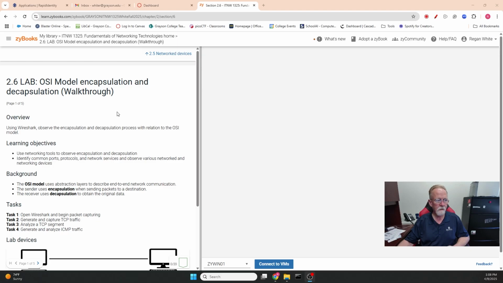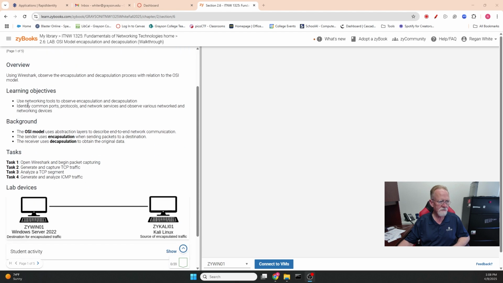All right, so here we are, 2.6 lab. This is the OSI model. This is a walkthrough of encapsulation, decapsulation in the OSI model. So the overview using Wireshark, we're going to look at encapsulation and decapsulation with relation to the OSI model. The objectives, we want to learn to use networking tools to observe that. That would be Wireshark. We're going to identify common ports and protocols that we're going to use when sending and